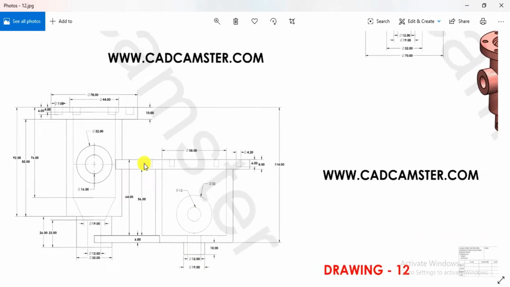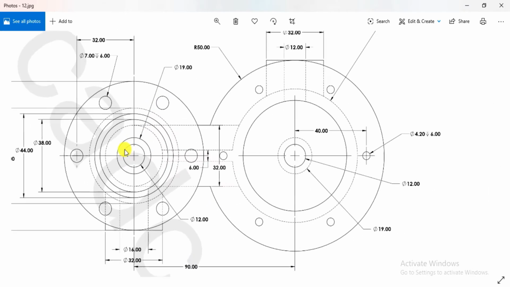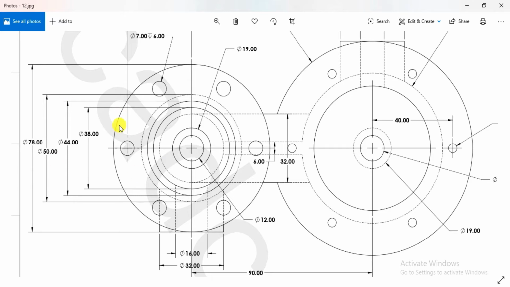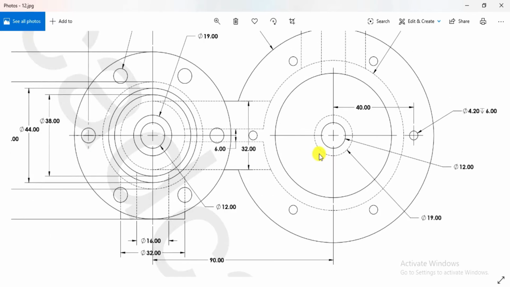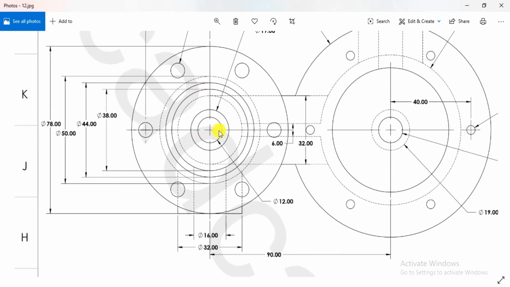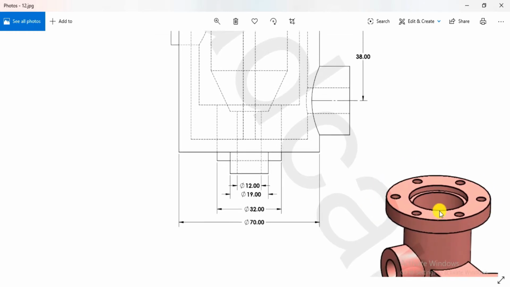Now for the dimensions of this outer surface, we have to go through the top view. Now let me explain you something. There are so many dimensions or dia here, so don't get confused. I will explain you all. First, this is the 78 mm dia, the dia of the top base, this one. Now you can see there is a cutout to some thickness, and after that there is another cutout through all.